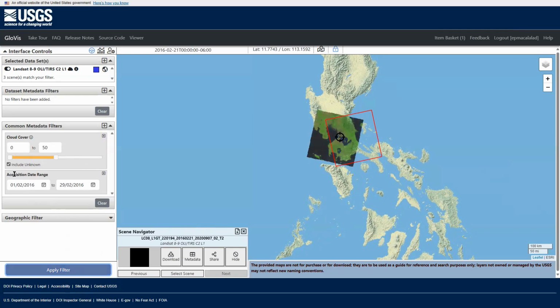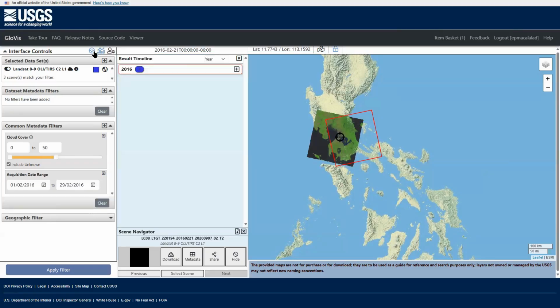So from these filters, you have matched 3 scenes. Then if you want to look at the scenes, you can click this part, which is open timeline. So this is a timeline. This is per year.